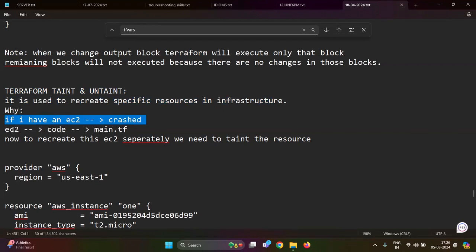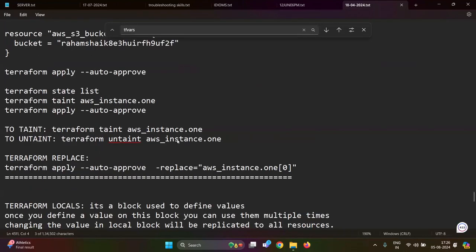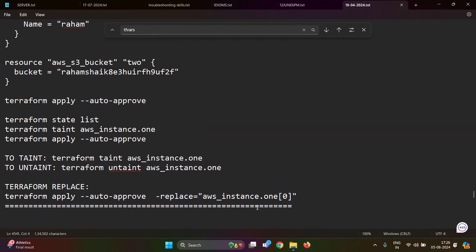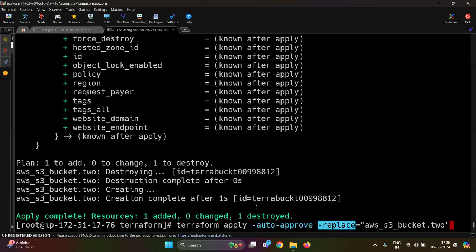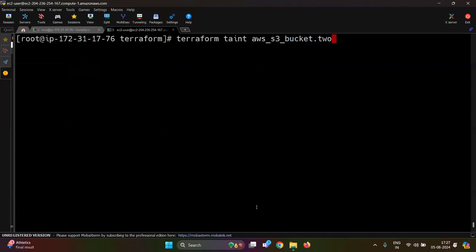So instead of rewriting the EC2 code in main.tf separately, use the concept called taint. Here I have given the same thing. So instead of taint, we are going to use the new concept called Terraform replace. So you can use whatever you want. And one more thing, unfortunately, if I taint an object,